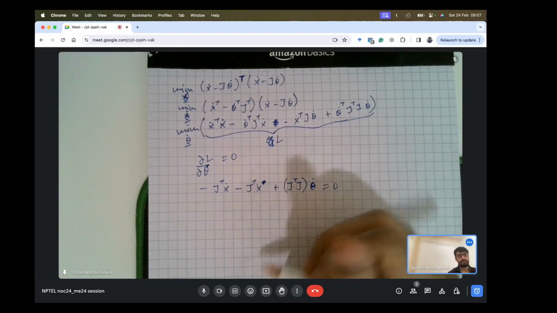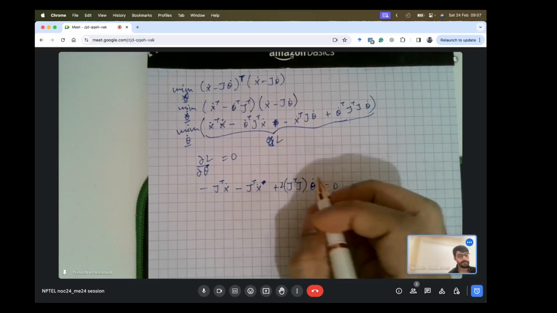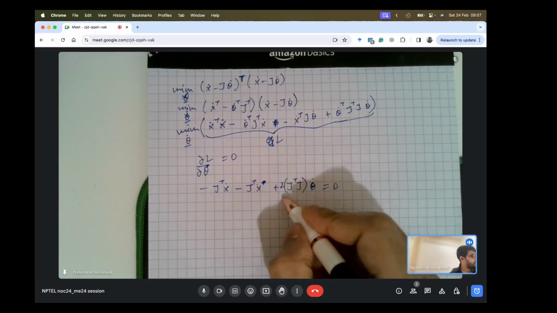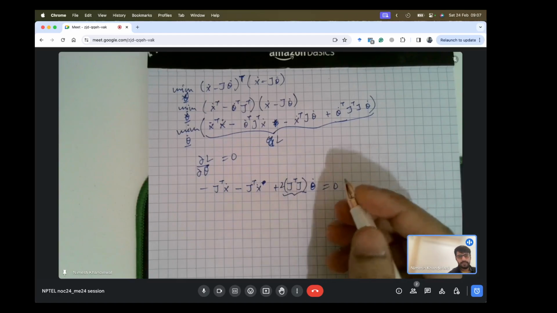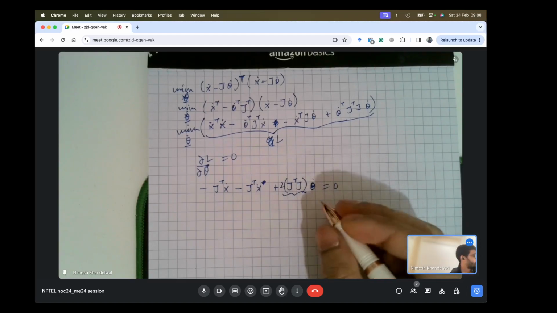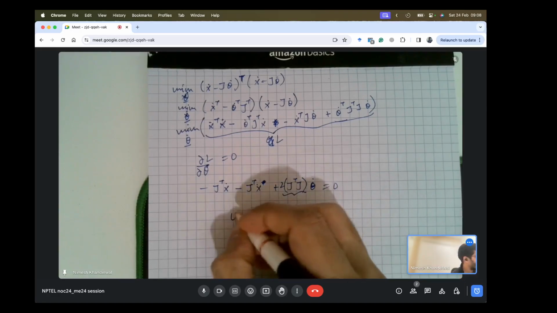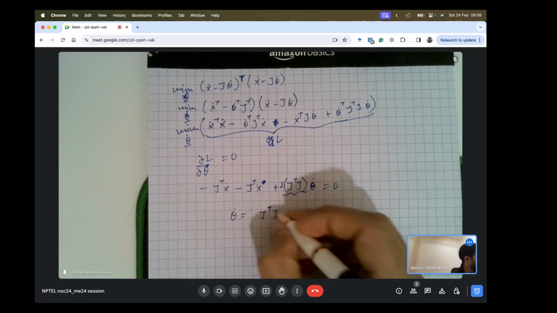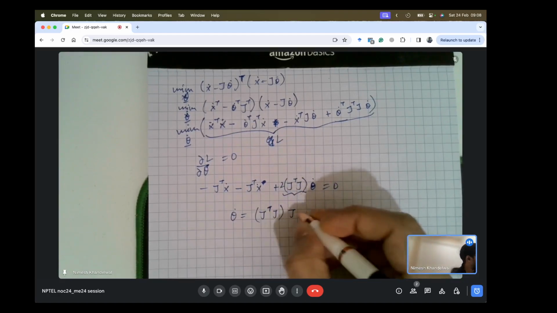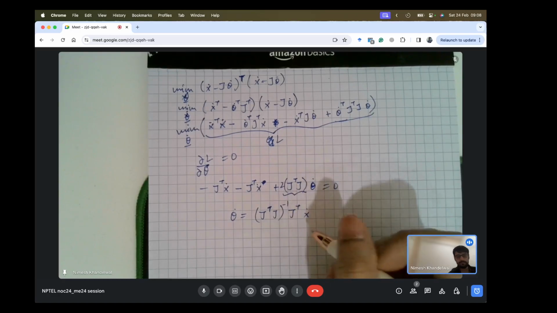Here this will be twice. Now we can see that J transpose J is a square matrix, so we can try to take an inverse of this. So theta dot in this case is (J transpose J) inverse J transpose x dot,